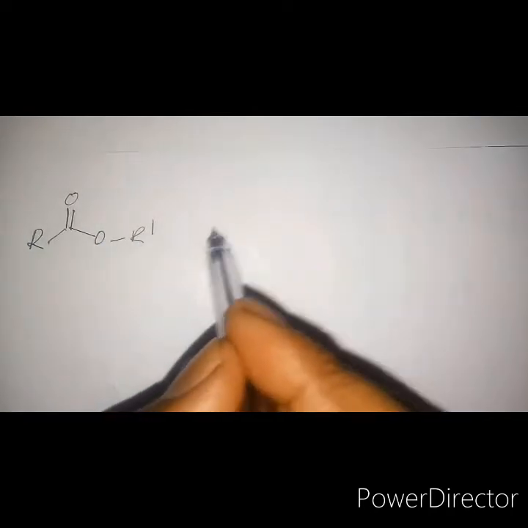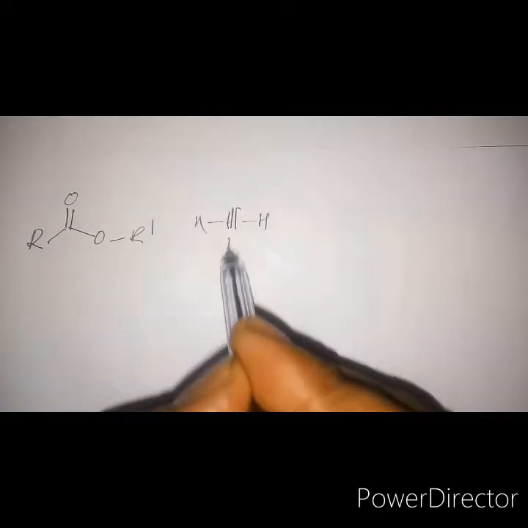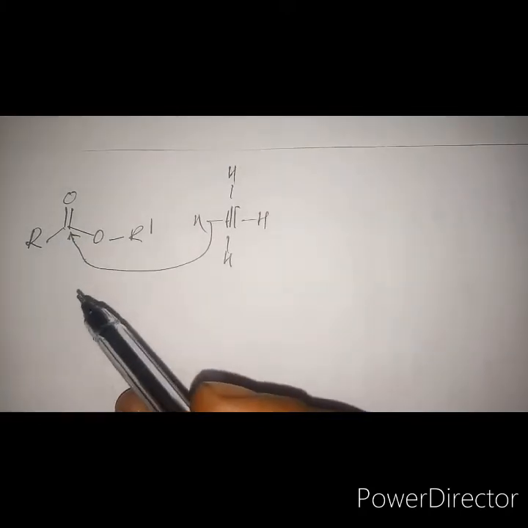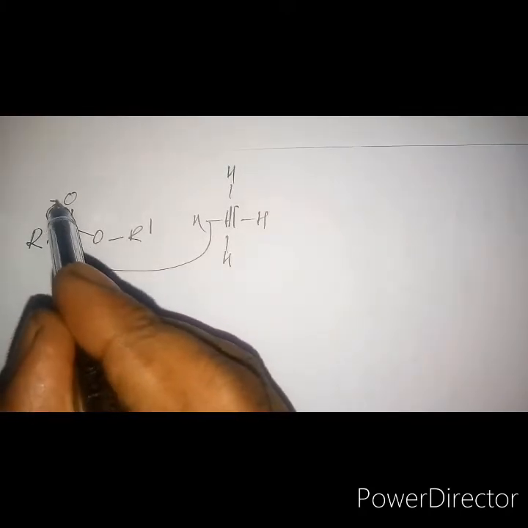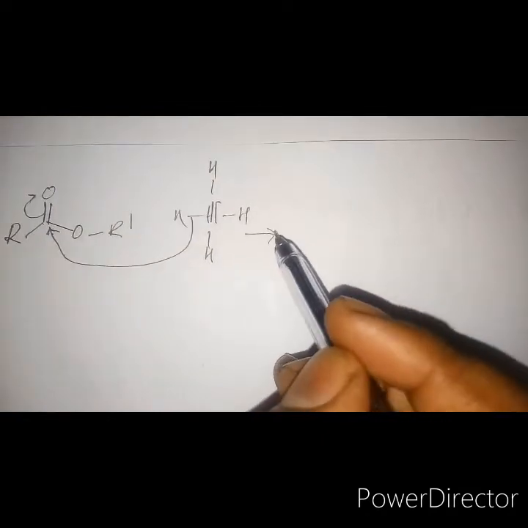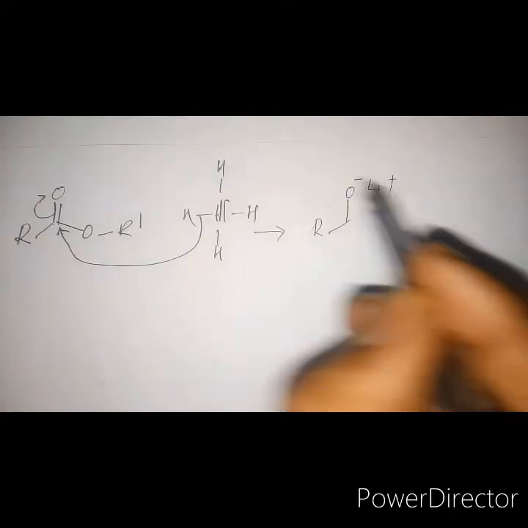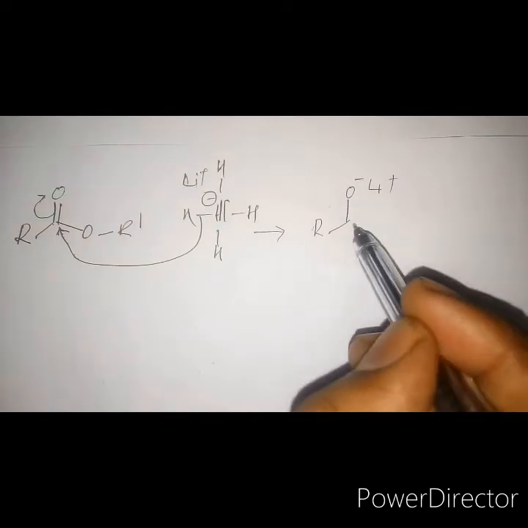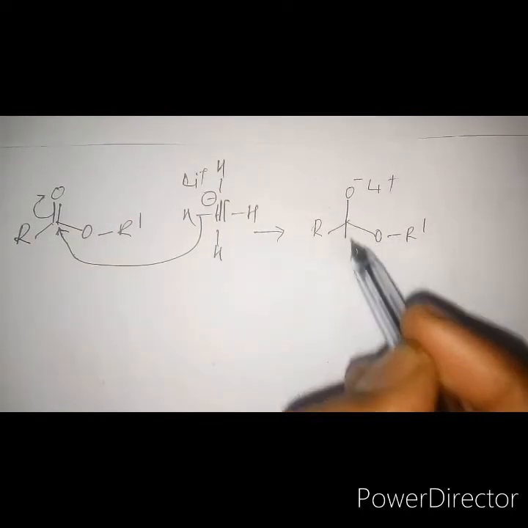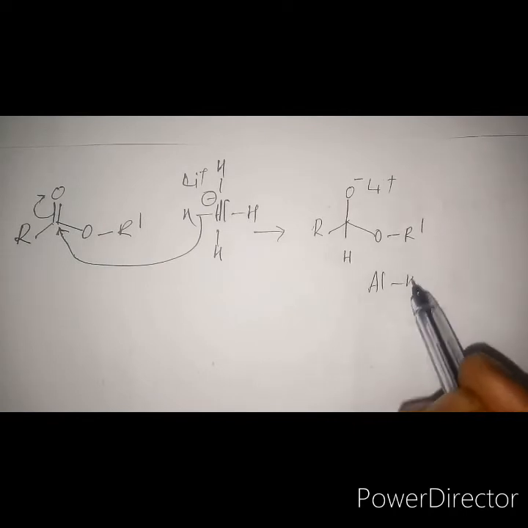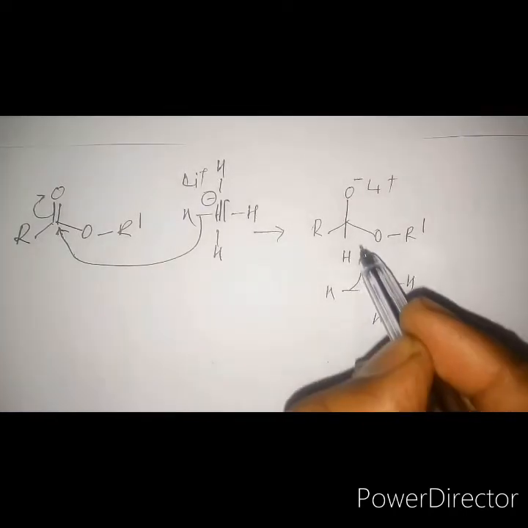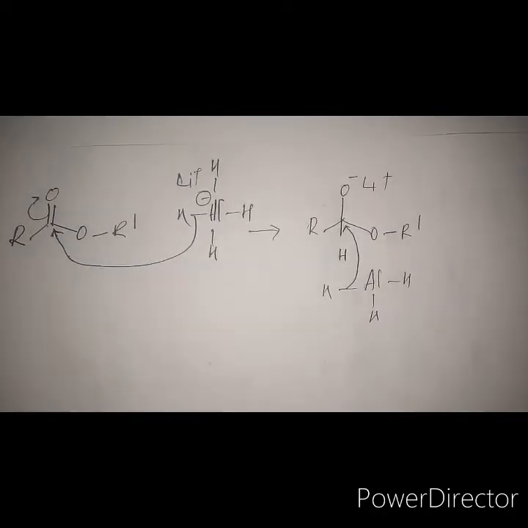So we have R double bond O R dash, the lithium aluminum hydride. So this hydride will transfer to the electron deficient carbonyl carbon. So this pi bond breaks down and accumulates onto the oxygen. So we'll get R O minus, this is lithium, this is minus O R dash. So there is an H. Now we have aluminum trihydride. This transfers again. Now one of the bonds has to break down.